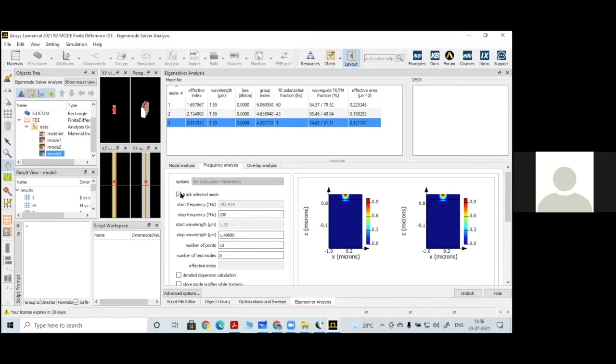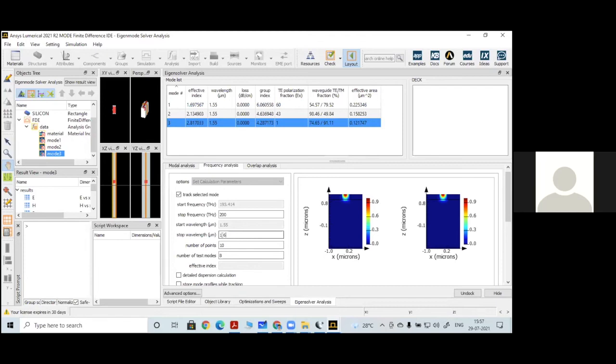Whenever you choose this particular selected mode, since you have simulated at 1.55, you can vary this stop wavelength. So let us evaluate all the variation of the effective index, all the remaining parameters of any optical waveguide from 1550 nanometer to, let us say, 1600 nanometer.